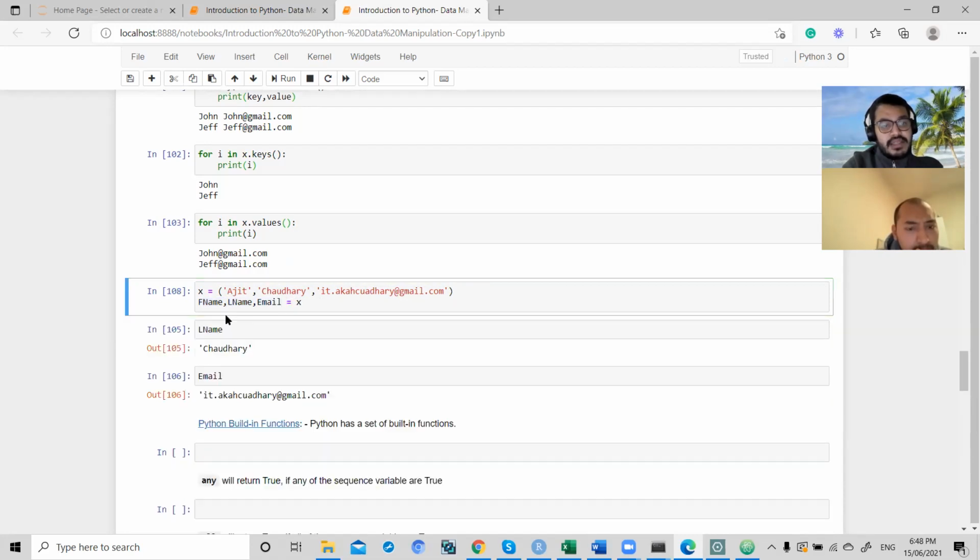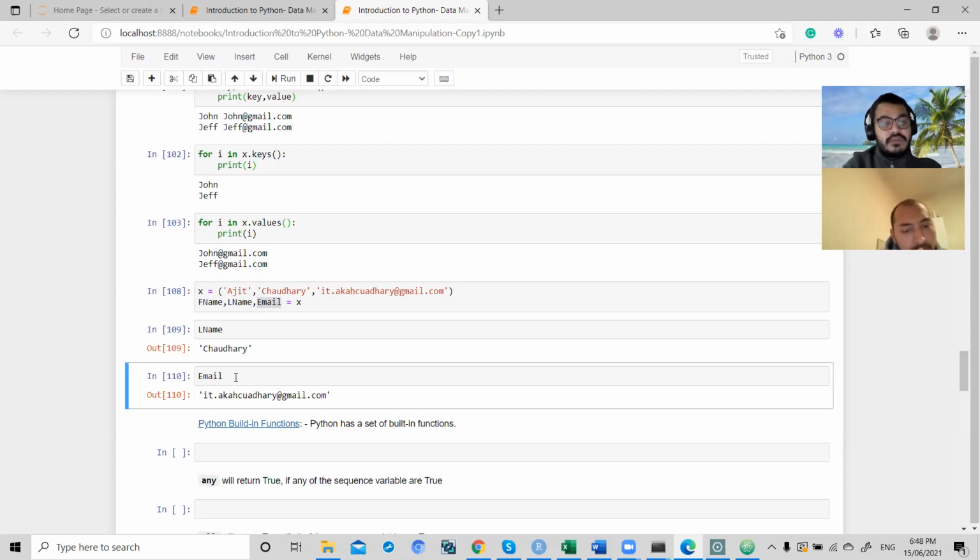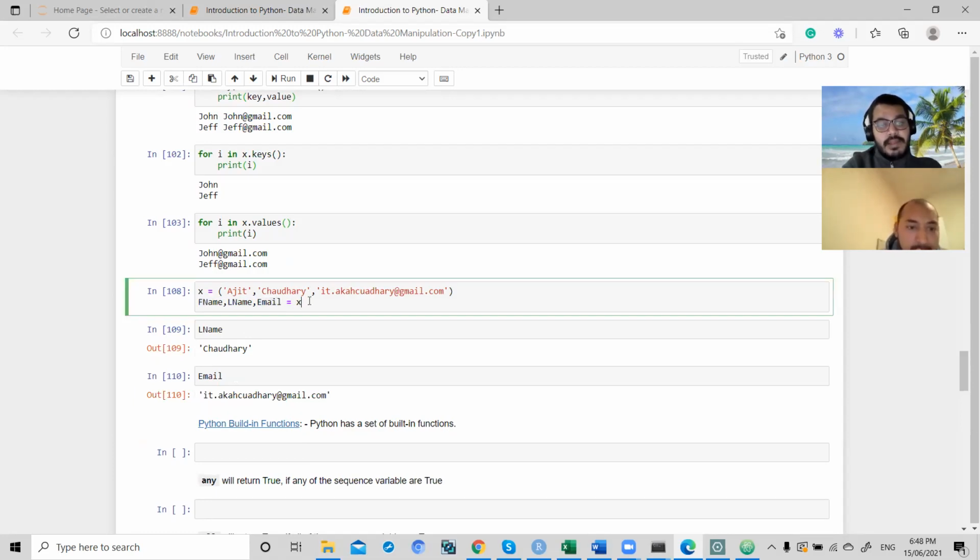So why did we do this? So that we can fetch this information, like the last name or email address, and use it somewhere else. In this way we can store the first name, last name, email, and use this information somewhere else if we want. That's not a key we have given. Right now this is not a key, this is simply a tuple. So to fetch the value of each tuple,